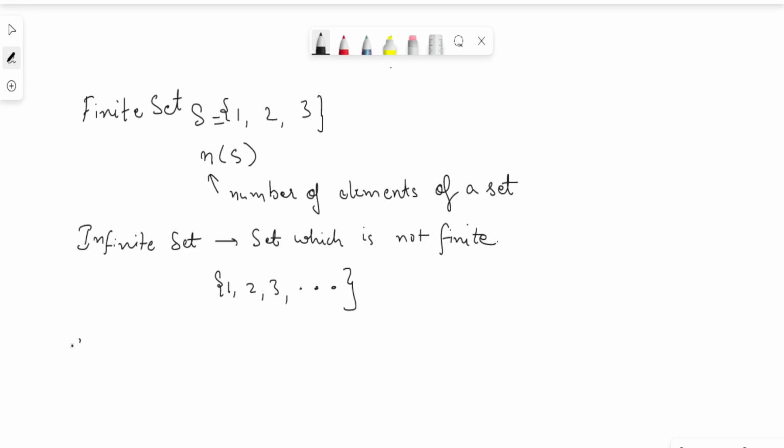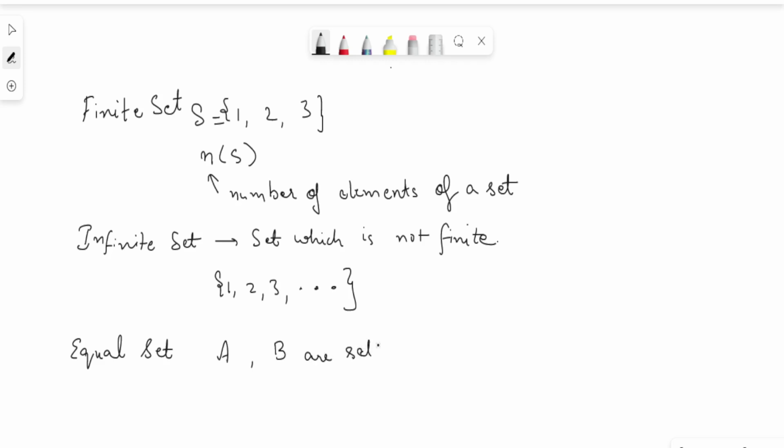And what is an equal set? I mean, when do we say that two sets are equal? Let A and B be sets, right? A and B are said to be